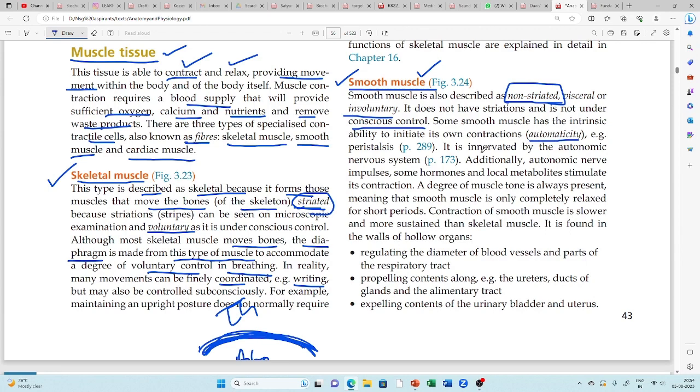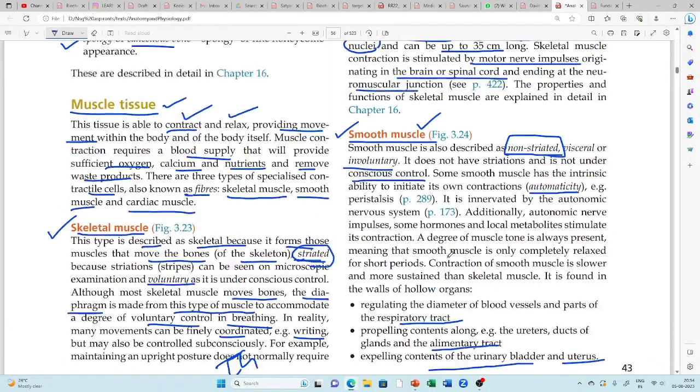Peristalsis, all that in our digestive tract, we can see smooth muscle, and these smooth muscles in some parts have the ability to start contraction on their own. That capacity is known as automaticity. We can see it in the respiratory tract, the alimentary tract, the urinary system, urinary bladder and uterus, everywhere we can see this smooth muscle. Its speciality is non-striated, involuntary, and it has the capacity of automaticity, and it is found in our inner